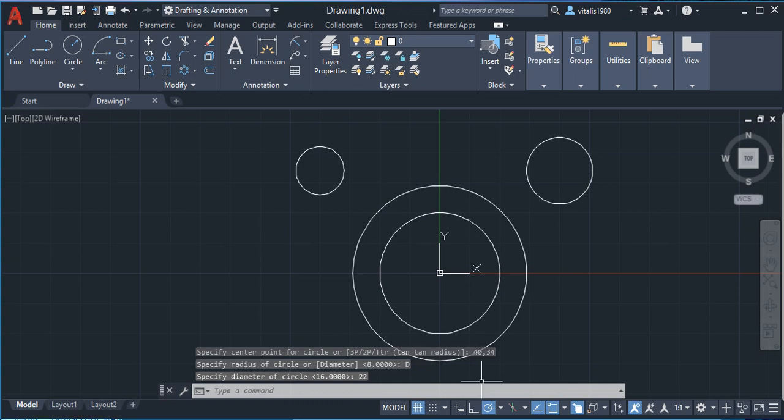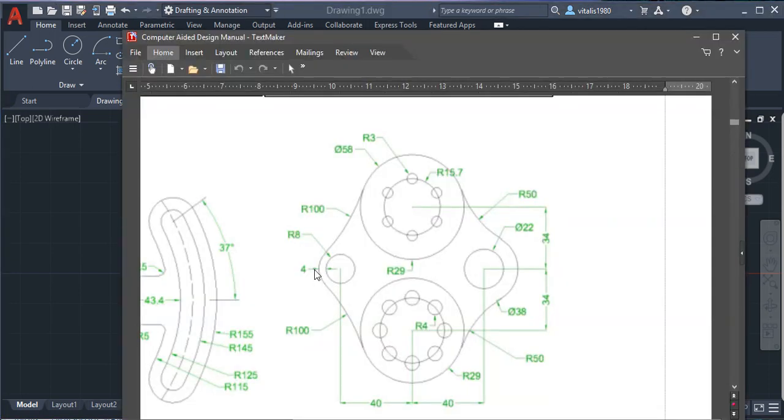That's it. So if you look at this circle, the distance between the quadrants of these two circles is 4. That means the radius of this arc should be 12, because if you add 4 to 8, it should give you 12. And here, this one is 38